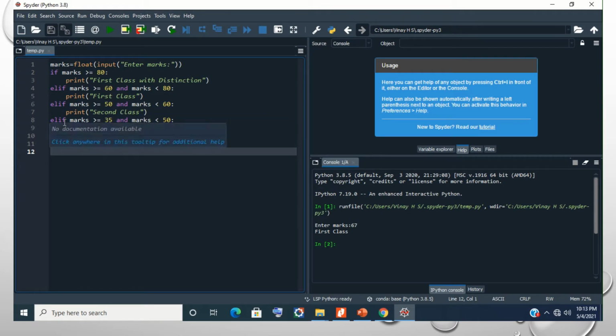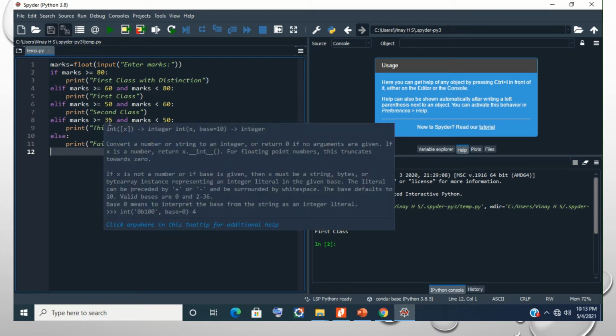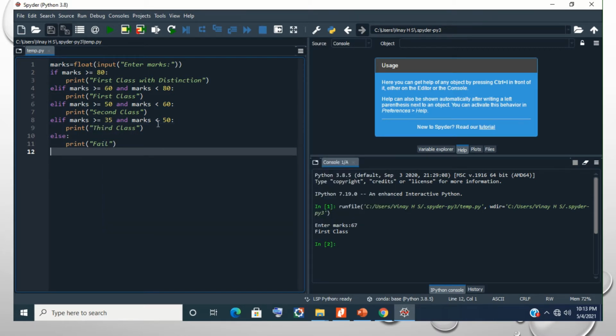Again, else if marks greater than or equal to 35 and marks less than 50, the marks between 35 to 49, the grade is third class.